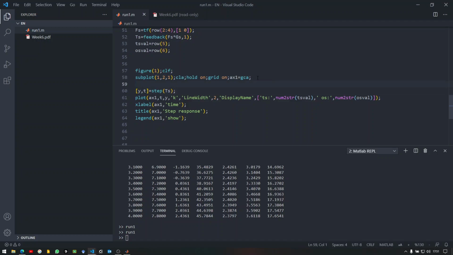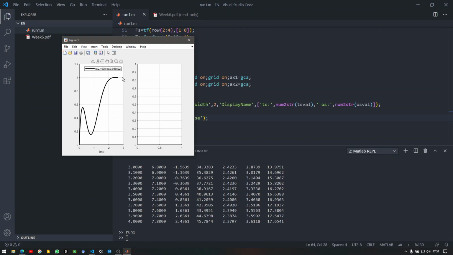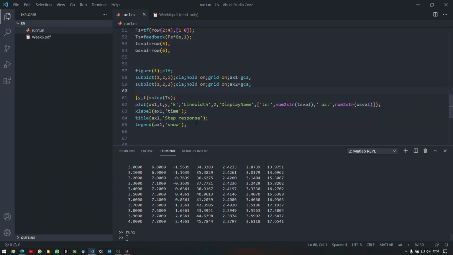So if you were asking yourself why I was doing stuff with AX1 and AX2 here, well, basically this just updates my code with minimal effort here. Now if I run it, I can see that updates directly reflect on that,